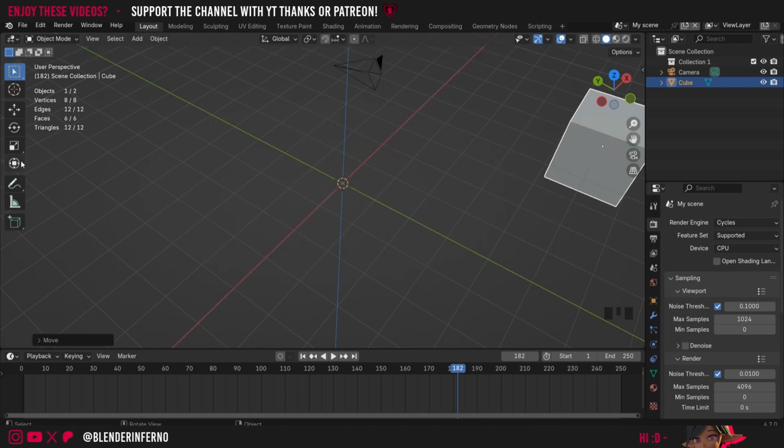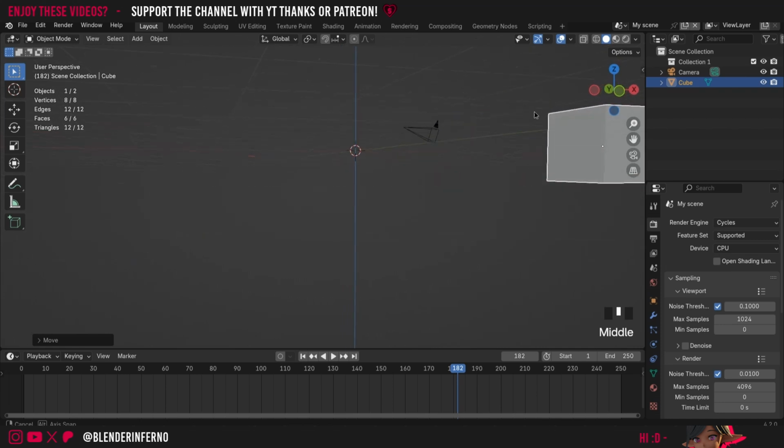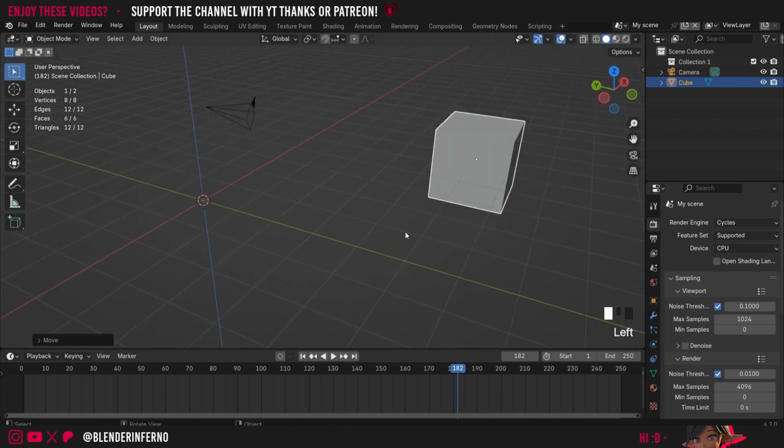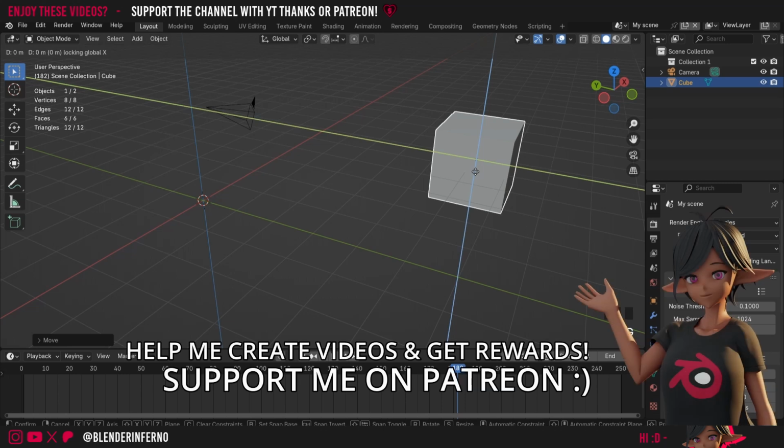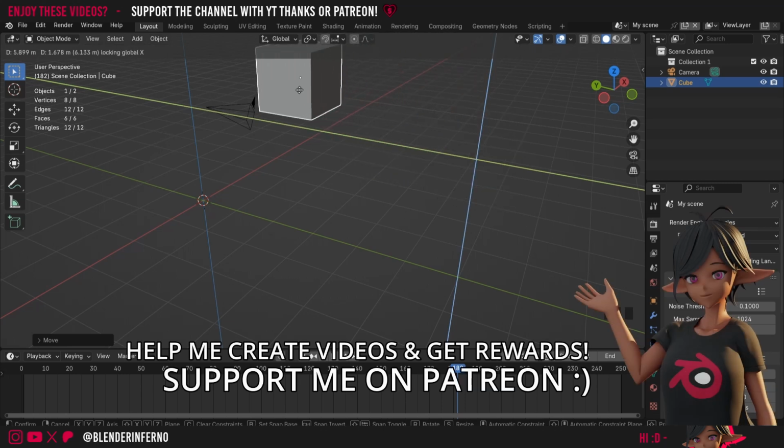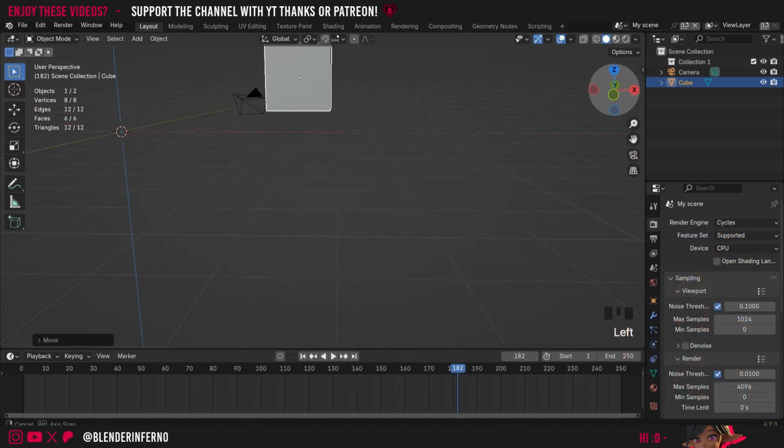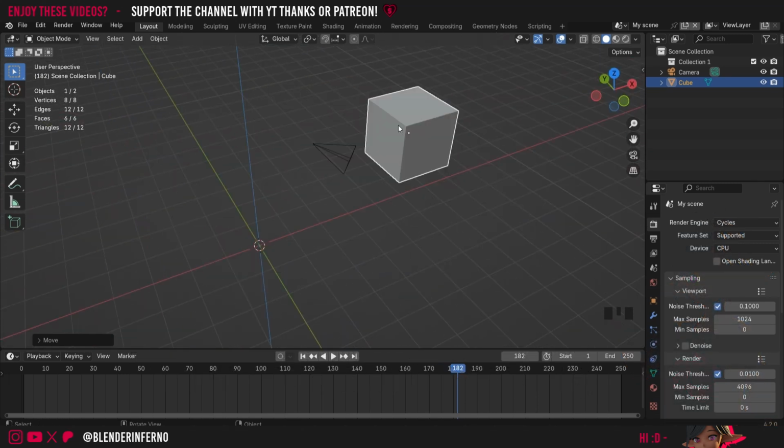And now if I move it over here and then rotate, you'll notice it hasn't moved up and down at all. This of course will work with any combination. For example, if we only want to move it on the green line and the blue line, we need to think about what we would press. If you guess that we would press G and then Shift X, because we're excluding that red line, which is the x-axis, you're correct. We can then move it here and press left click, and notice how it hasn't moved on the x-axis at all. I recommend playing about with moving your object, and then once you're comfortable with moving your objects, we'll move on